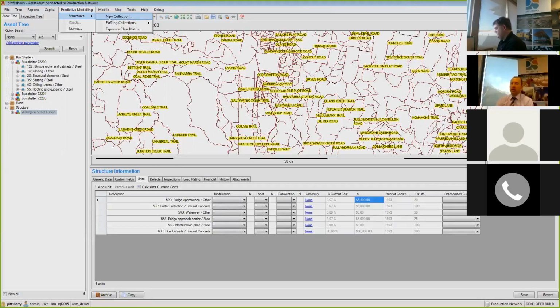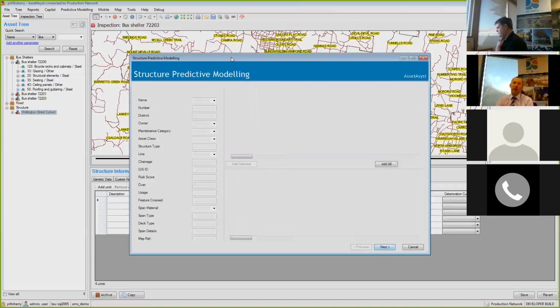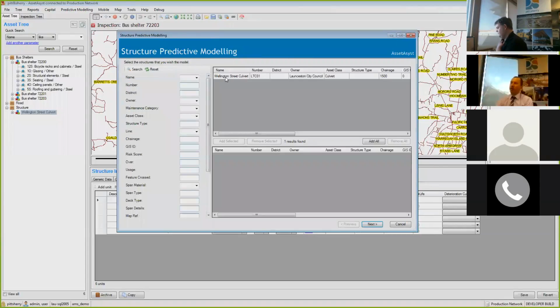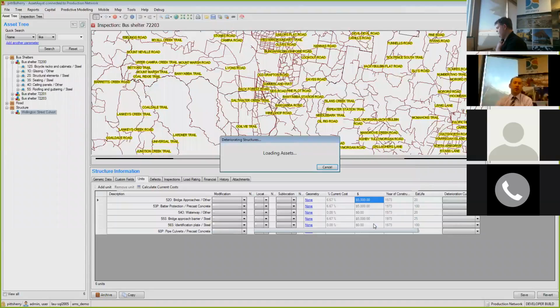So it's been done to quickly populate things like the estimated life. That's coming out of the table. But if you don't like that estimated life, you think on this particular structure, that particular component of it is of a different life, you're free to then go and individually change it on each and every structure if you want to. And I'd recommend that where you have more complicated structures,